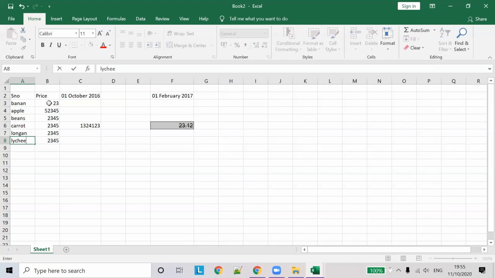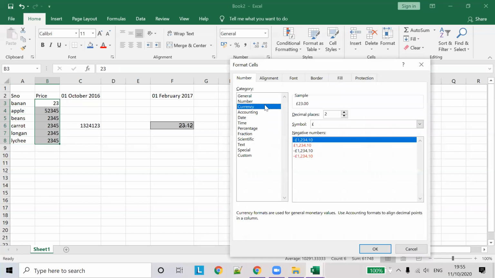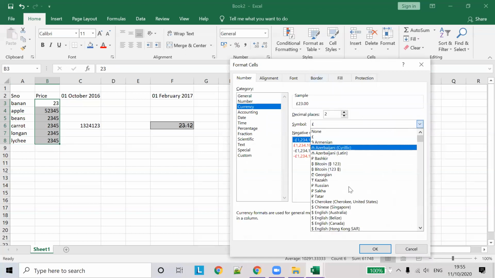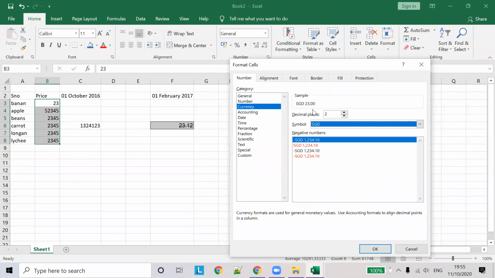Let's say we are in Singapore and we want to display data in dollars. You can select all the rows, press Control 1, go to Currency, and choose to display Singapore dollars here, SGD.